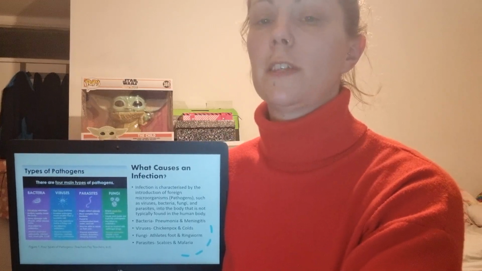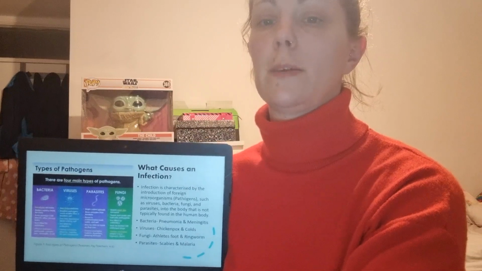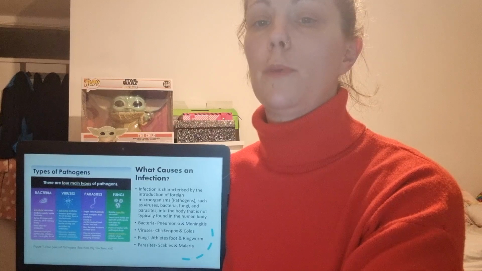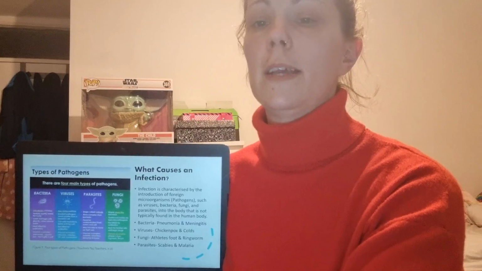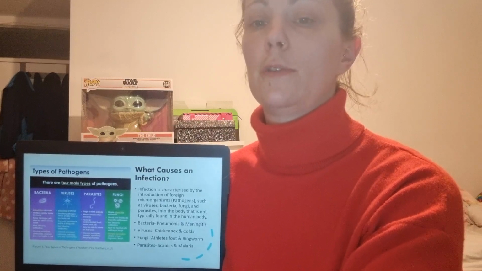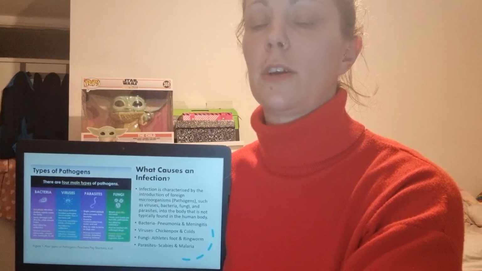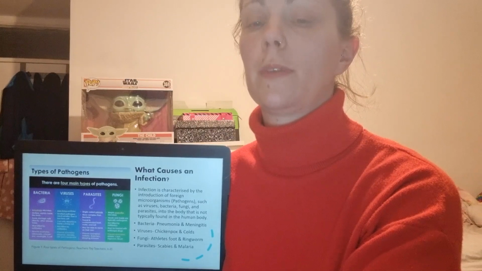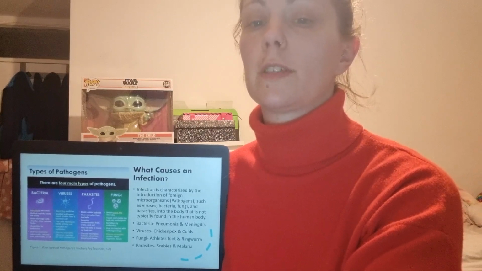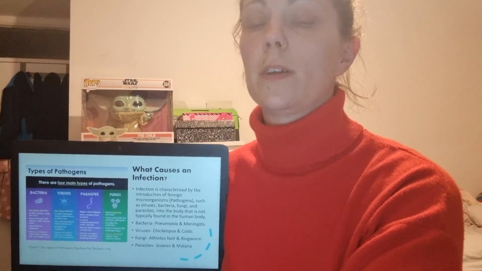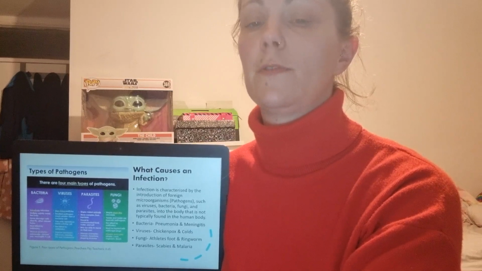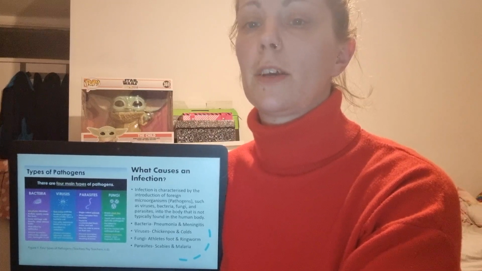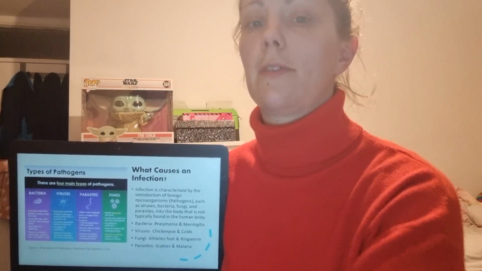Since not all infections have symptoms, diagnosing them is not always simple. When bacteria or viruses enter the body through the mouth, nose or open wounds, it results in an infection. Singular-celled organisms called bacteria are known to cause diseases including pneumonia and meningitis. Unlike bacteria, viruses require a host to multiply and thrive. Chickenpox and ordinary colds are a result of viruses, whereas fungal diseases result in things such as athlete's foot and ringworm. Lastly, parasitic diseases are caused by parasites and can result in things such as scabies and malaria.